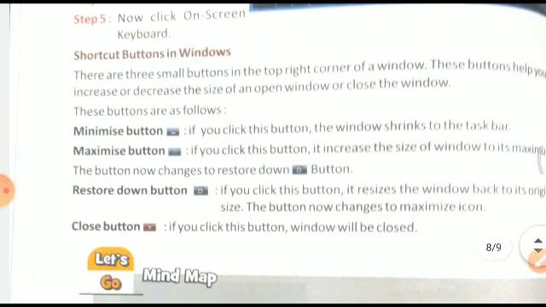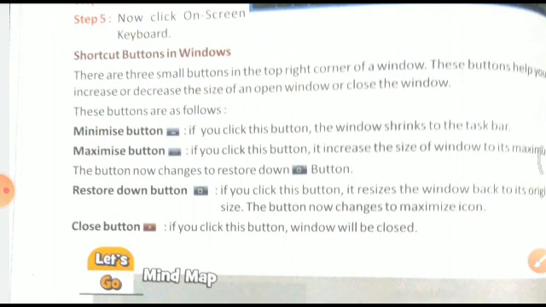Now there are a few shortcut buttons on Windows. There are 3 small buttons at the top right corner of a window. These buttons help you to increase and decrease the size of a window or to close the window. These buttons are as follows. Minimize button: if you click this button, the window shrinks to the taskbar. Maximize: if you click this button, it increases the size of the window to its maximum.